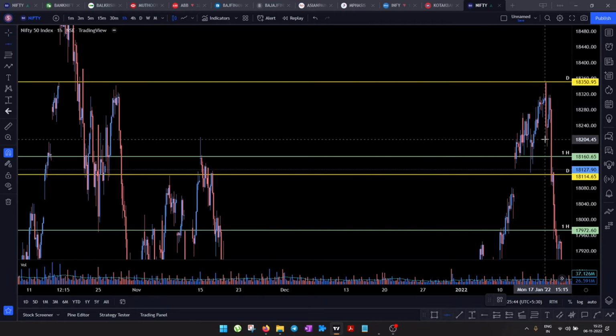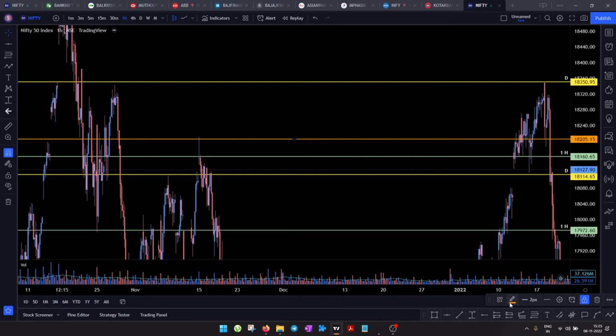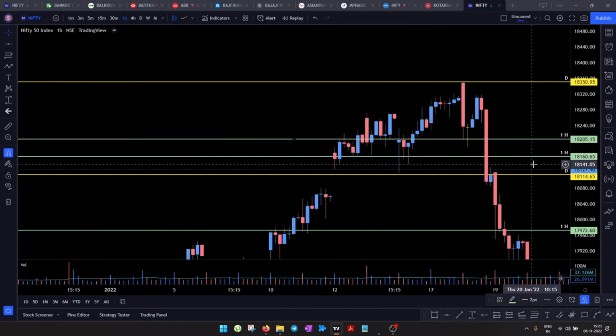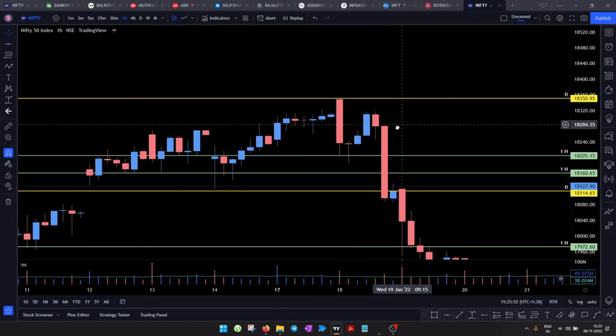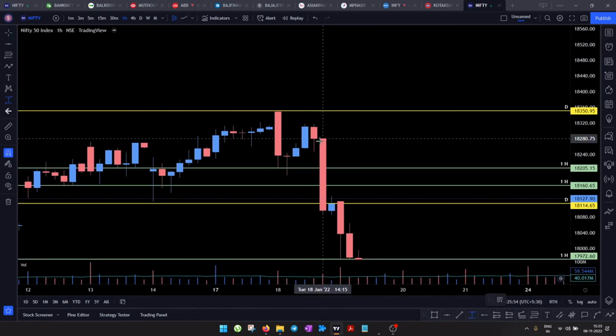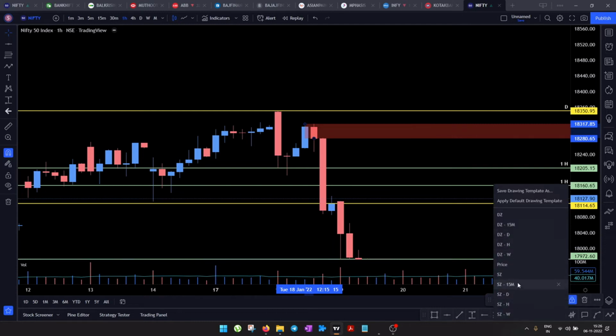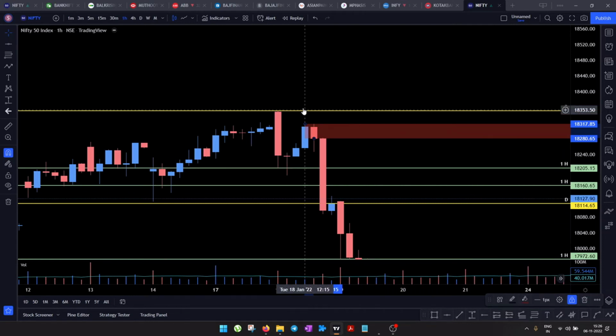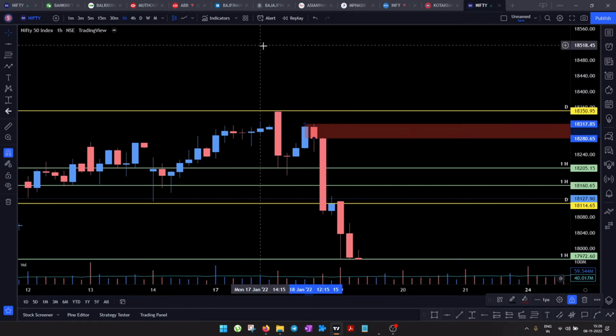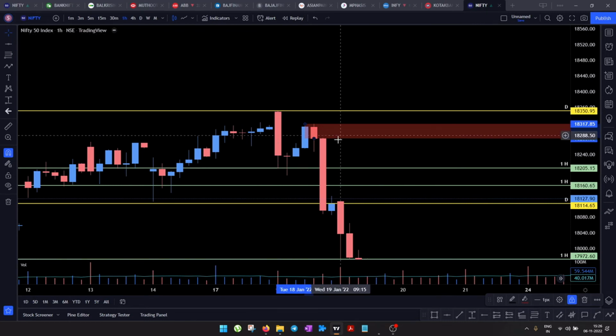So let's try to mark it, right? This is a level on the hourly chart. And other than this, I think there is supply also available here, so maybe we can mark it. This is the supply that is available, and above that also we have a supply available. In fact, there's a lot of supply available here, given it's the all-time high levels that we are approaching very soon, somewhere in this area.